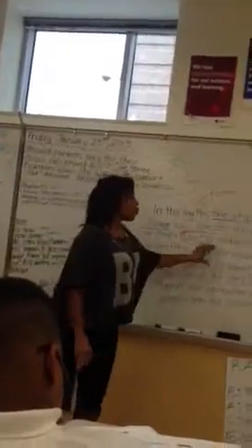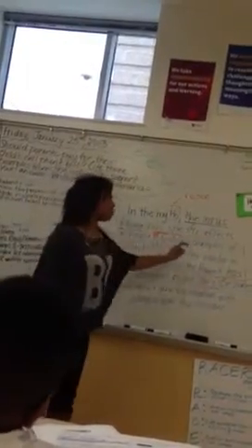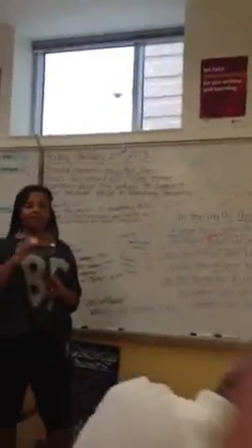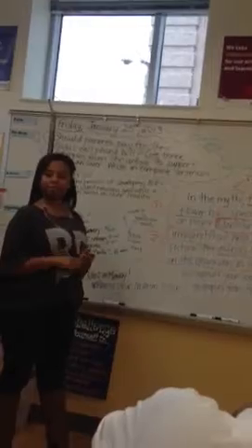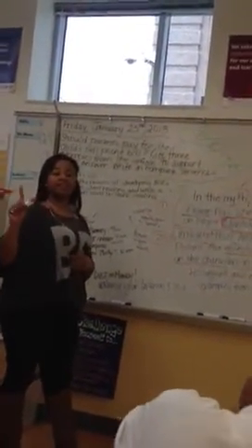So we're looking at the imagery and the effects the flower has on the characters in the story. So what does this mean? What does this sentence mean? Identify examples of imagery that help the reader to picture the effects the flower has on the characters in the story. So what is the thing we're looking at? Keisha? We're looking at the effects the flower has. The thing is the flower.